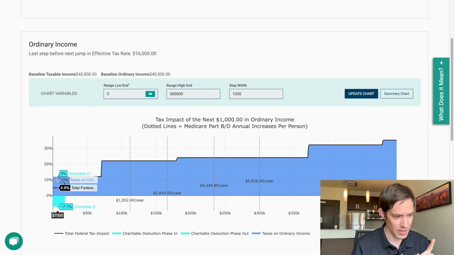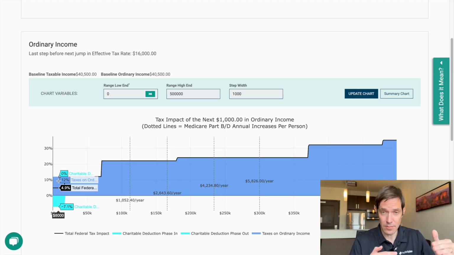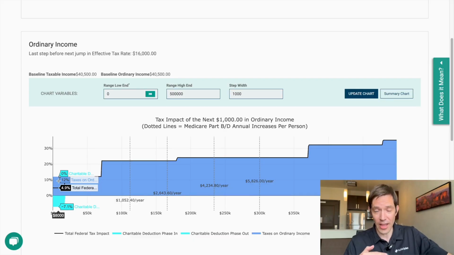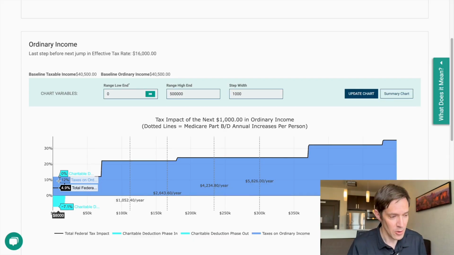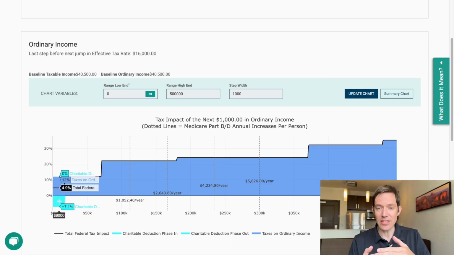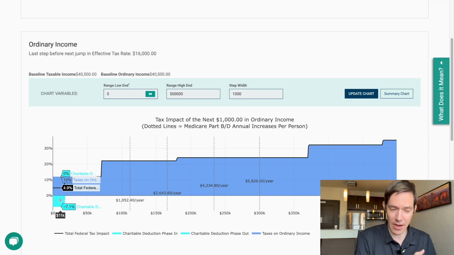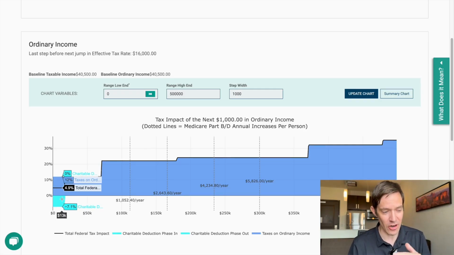Let me show you this row. Look at this. I'm in the 12% bracket, but as I'm adding income, I am actually paying just under 5% tax on that next $1,000 of income. Well, why is that? I don't know if you can see here, but down below this blue piece, I'm actually getting my charity to phase in. Remember, because I gave $70,000 to charity, I was capped at $60,000. So as I add income, more of my charity is allowed to be deducted. That's why charity phasing in is offsetting income that I'm adding.